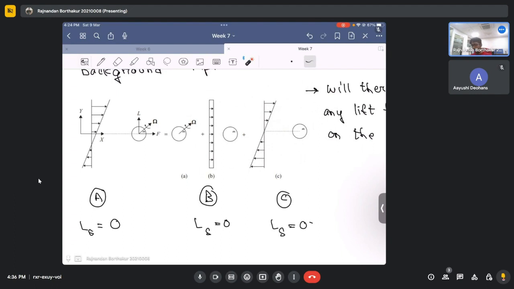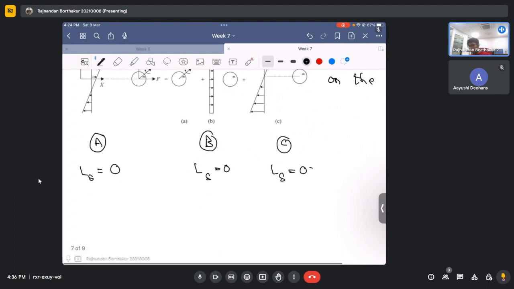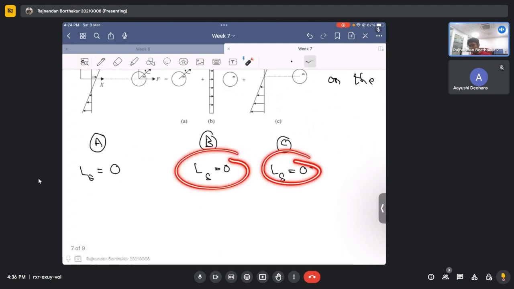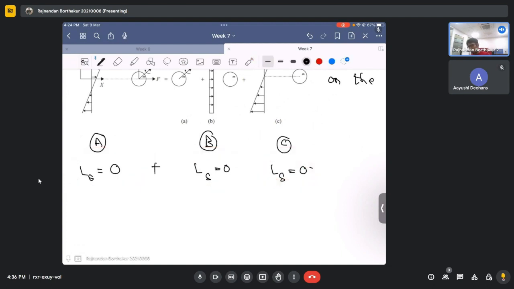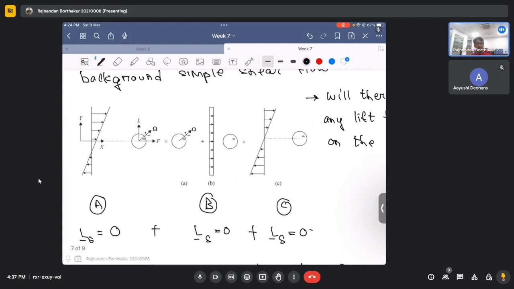And since the individual lift of all these cases is equal to zero and the governing equations are linear, this means I can superimpose the solutions of these three cases. The total lift force L, and this would be a vector because force is a vector, is a summation of the lift forces of all these cases, and the total lift force would be equal to zero. But this cannot be done